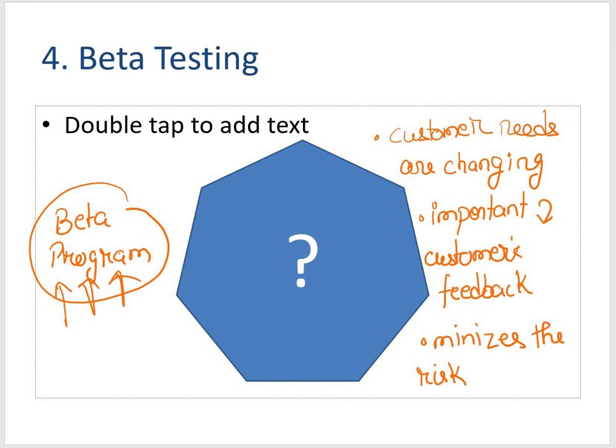One is timing, that means when to send the product. Then we have to motivate the customers with constant communication as well. And then we need to choose the number of beta customers as well, because the target audience, or maybe the sample size, will also matter, that is, for whom we are making this available. Like for JioMart, I think it's open for the entire India. It's in beta mode, but it's open for the entire Indian customers. Right, so this is all about beta testing.